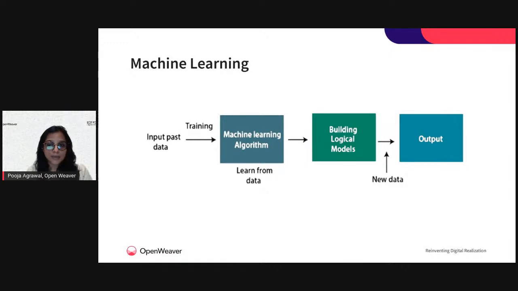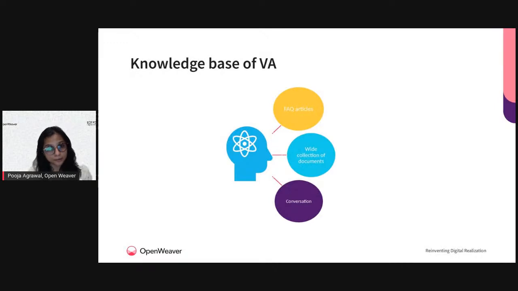So the models could be any, but what you are providing as the training, and then you're building based on the logic, is what will help you when you're trying to provide the new data. You expect that the machine is providing you the expected output. So what we are talking about is supervised learning, where we are providing the expected output, and obviously we are also providing the expected input, sorry, provided input.